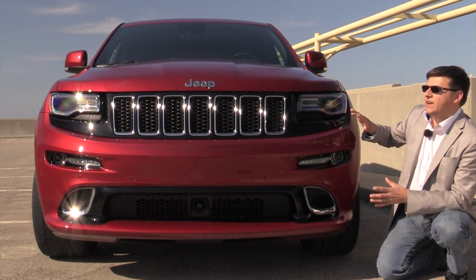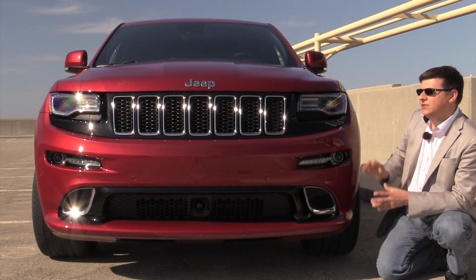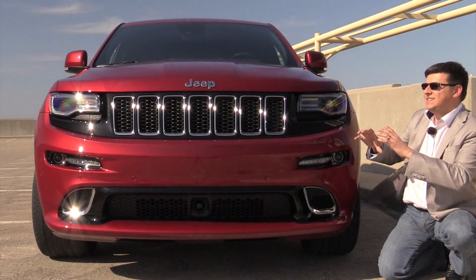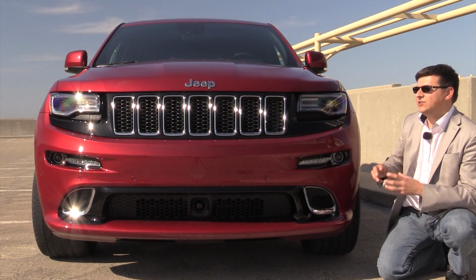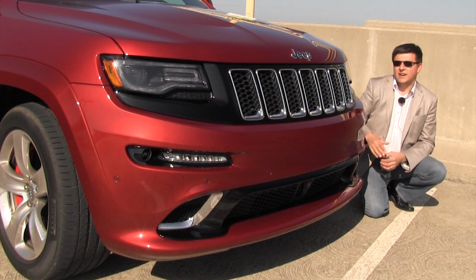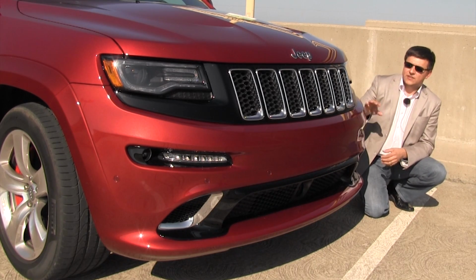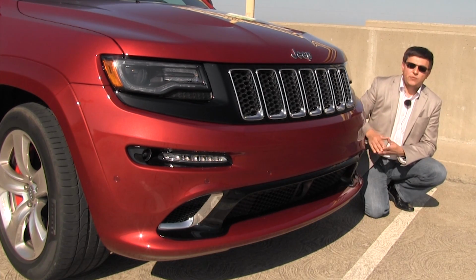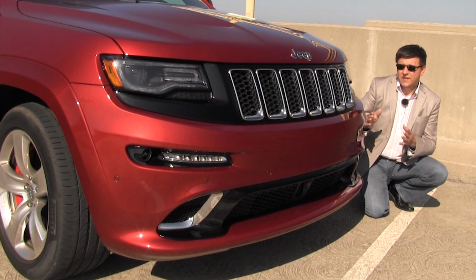I really like the fact that the front end isn't crazy. If you take a look at the BMW X5M and the X6M, the front end just is out of proportion to the rest of the car. It looks a little bit cartoonish, just a tiny bit. And the Porsche Cayenne looks like someone jacked up a 911 or inflated it. Either way, the Jeep has a very classic look up front. It doesn't scream something wicked this way comes, however, so if you want that, then you're going to need to